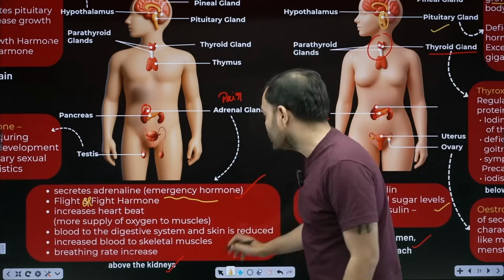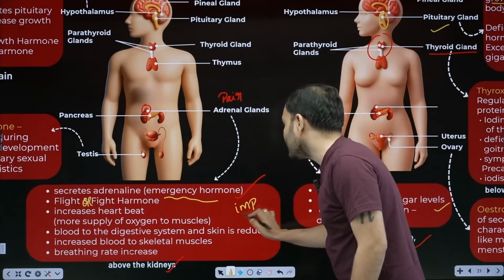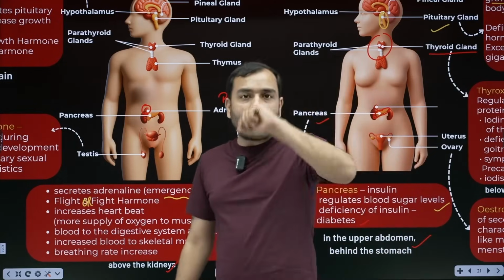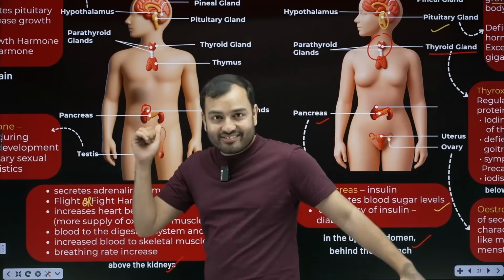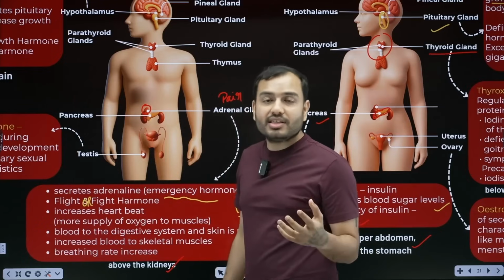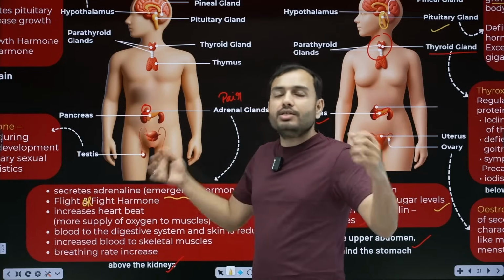The exam asks about these changes a lot. They are important. So you have to remember those changes. What changes does it make? Suppose 12 guys came in front, you have to run. You made the decision to run. So when you run, what will you need, beta? You will need a lot of energy. So what does it do?